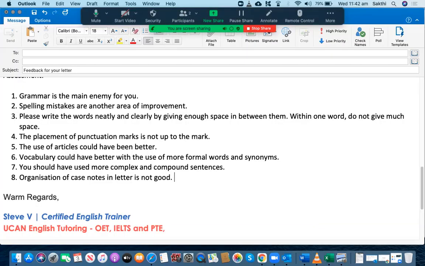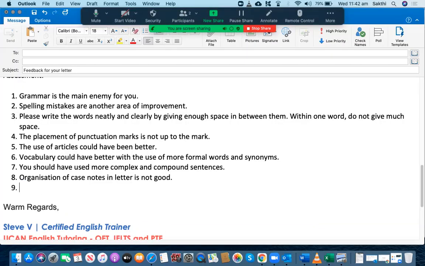If the ideas are scattered across the letter, you will not be able to help the reader read the paragraphs easily. So you need to spoon feed the readers. Do you know what I mean? You need to assume that the reader has no knowledge at all, so you need to write things down clearly in an organized way. It's really important that you do this. All right, the next one is overall task fulfillment, which is below average.